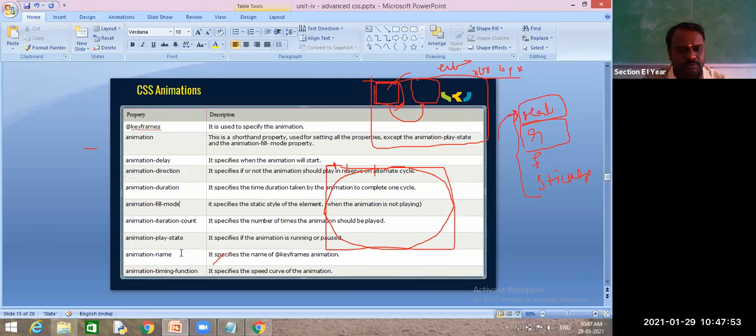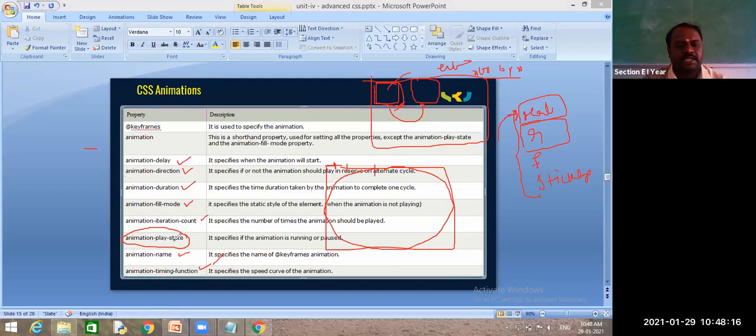Now let's list out the properties: delay completed, duration completed, direction completed, fill mode, iteration count completed, animation name completed, timing function completed, and play state.